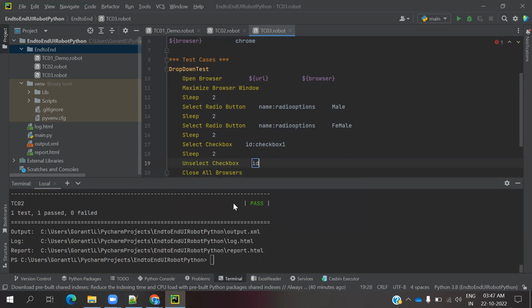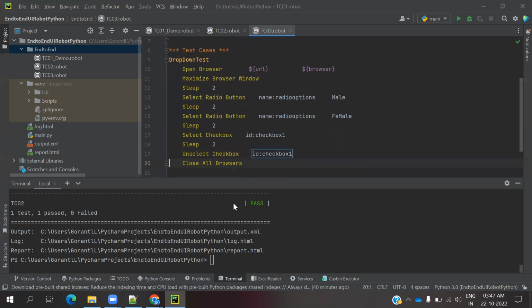You can use ID and the locator name. Okay, then we can use sleep 2 seconds. Now I'm going to run my third test case,